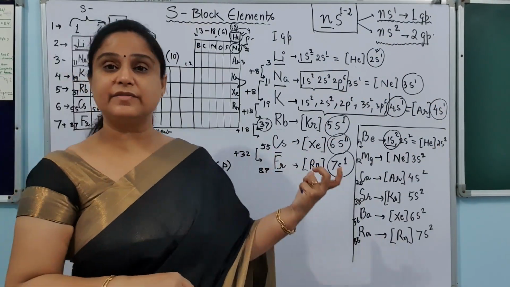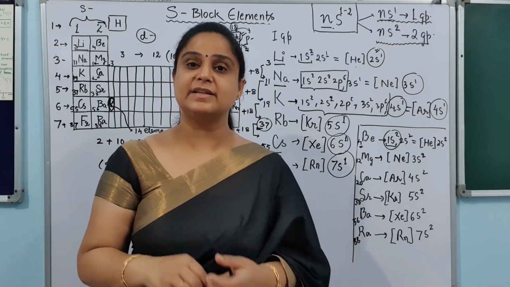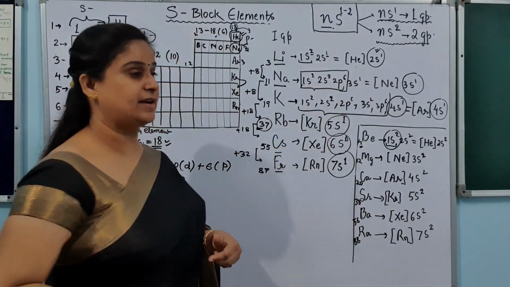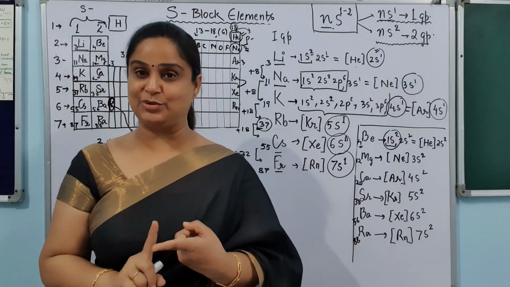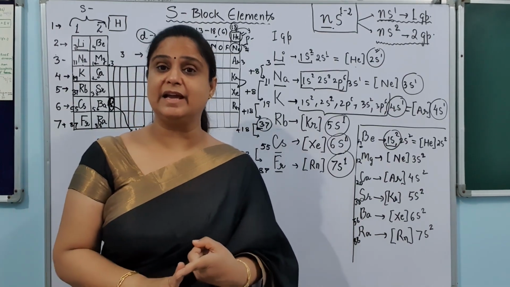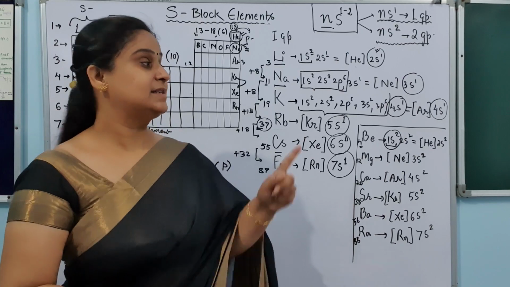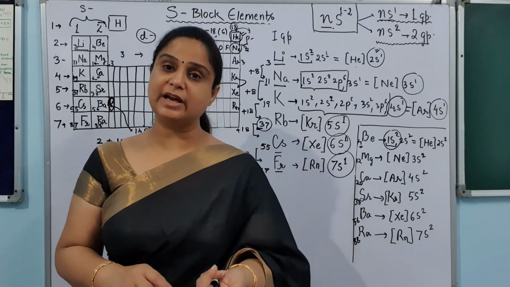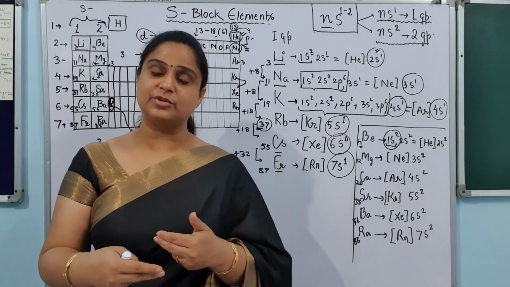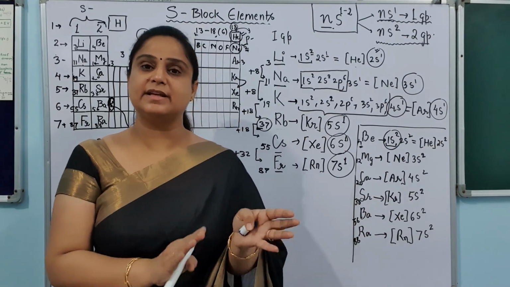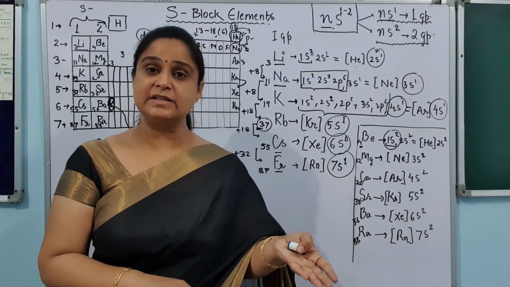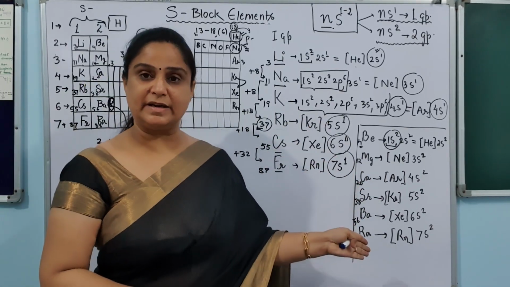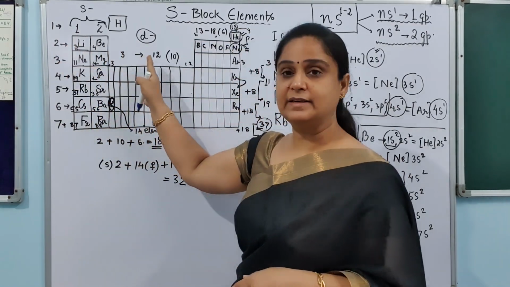So this is how we can justify the position of these elements in the periodic table. All these first group elements have 1 electron in the outermost shell, they have a tendency to lose one, and that is why they are the best metals in their respective periods. In the same way, the second group elements also have the tendency to lose electrons, but just because they have 2 electrons in the outermost shell, their tendency is somewhat lesser than the first group. So they are also metals, but not as good as the first group elements. They are also very good metals, but the metallic character decreases this way.